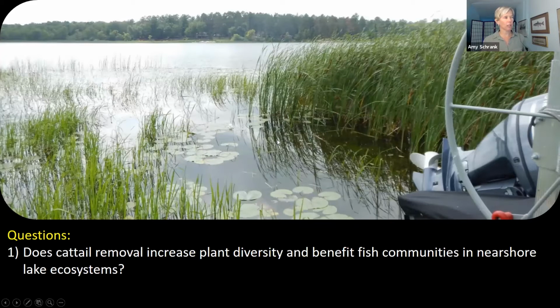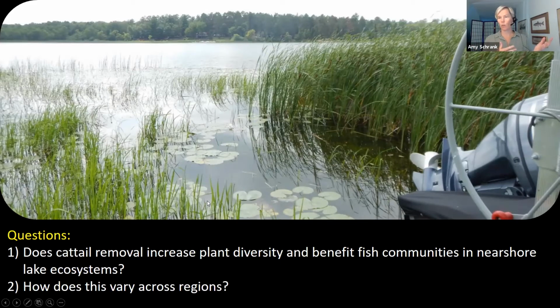This is a picture from a lake in Minnesota, and I can't remember what lake it was photographed, but you can see here, this is a hybrid cattail stand. And this person removed some of this vegetation for boat access. And what you can see here is you've got lily pads and some native plants growing back. So anecdotally, we see this happening quite a bit. We just want to see how this really looks across the landscape, and more importantly, how this varies across regions.